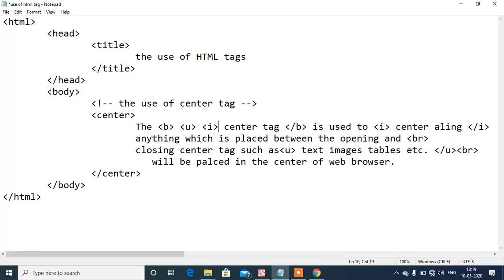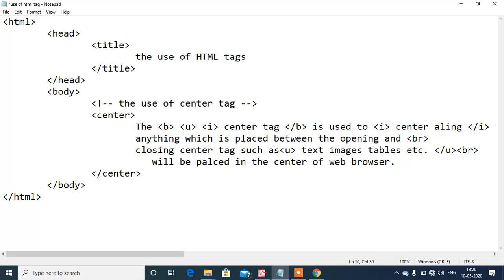Now one thing that you have to keep in mind, whenever you are using multiple tags, the rule of tag nesting must be followed. That means if we are opening the B tag first, then U tag, then I tag, they will be closed in reverse order.